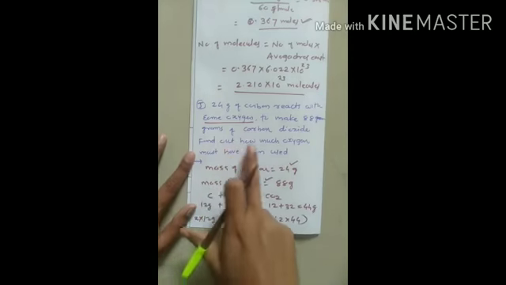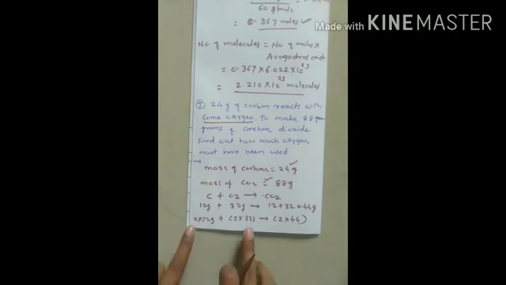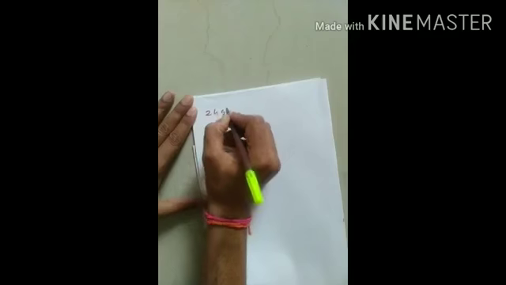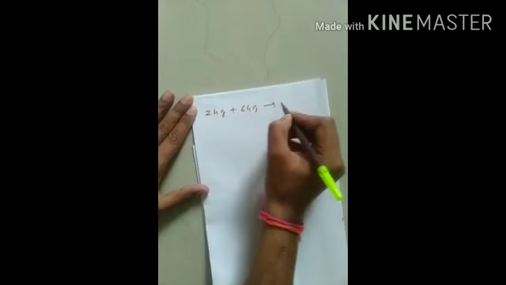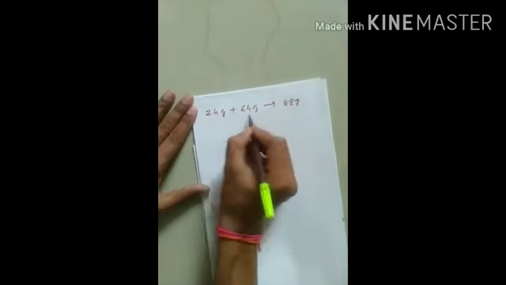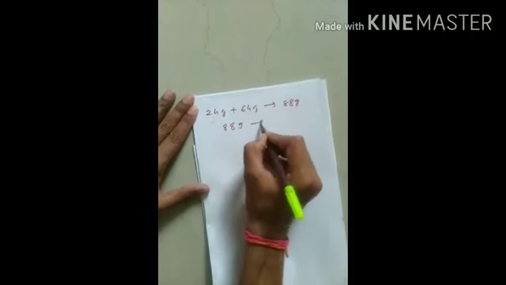Our question is like this: find out how much oxygen will be there. So if you are able to follow the law, that is mass of reactant equal to mass of product, we will automatically get the quantity of oxygen that must have been used in this reaction. Okay, so that we will get 88 grams of carbon dioxide. So we will continue this. If we solve this, we will get 24 gram plus 2 into 32, it is 64 gram, and you will get 88 gram. Okay, so if you add this, you will get 4 plus 4 is 8, and 6 plus 2 is 8, so 88 gram equal to 88 gram.